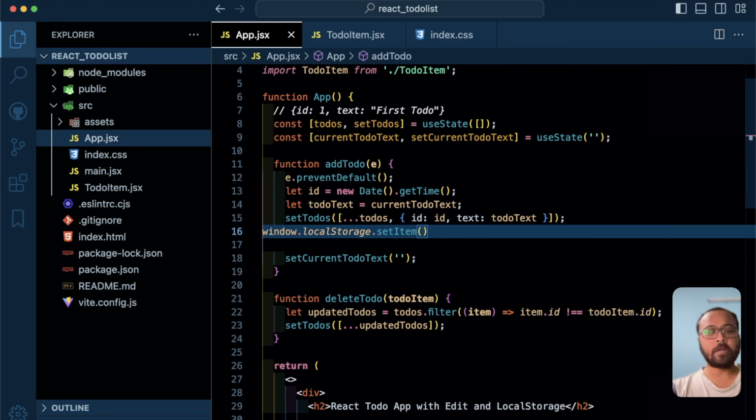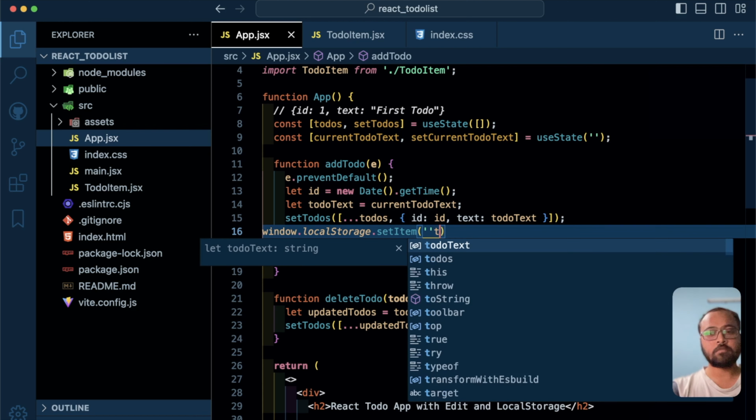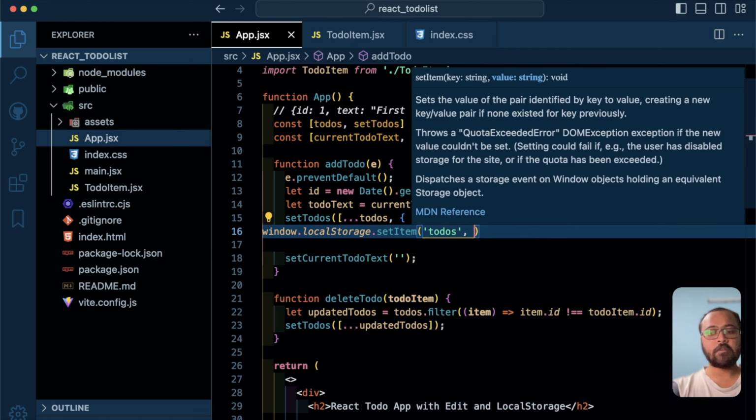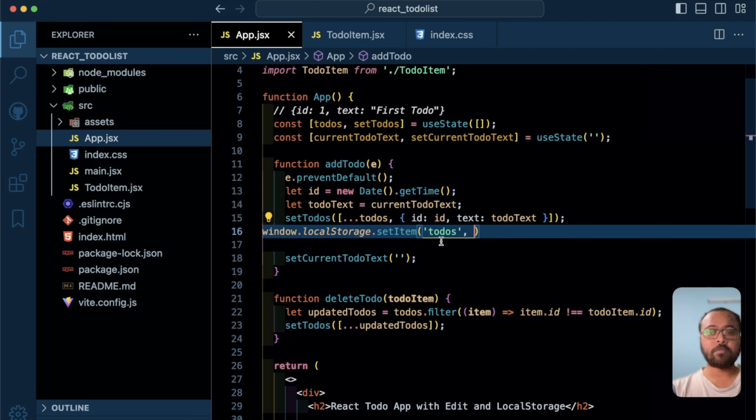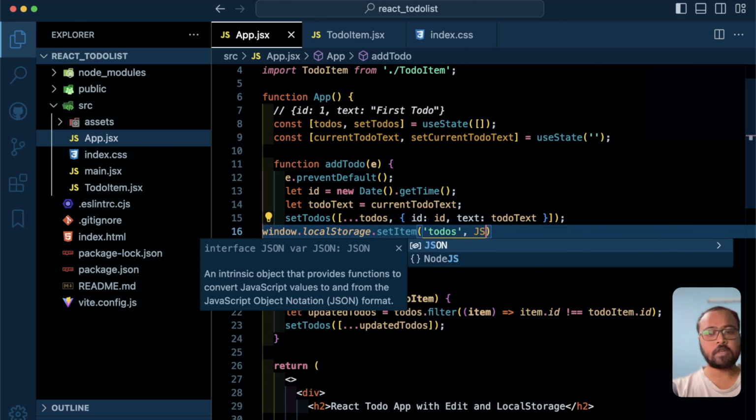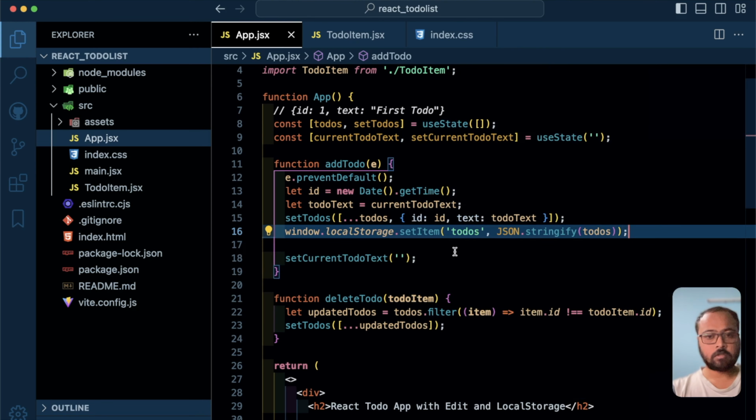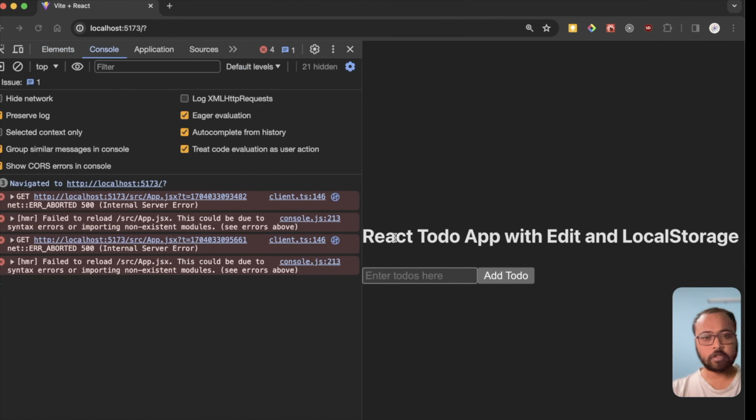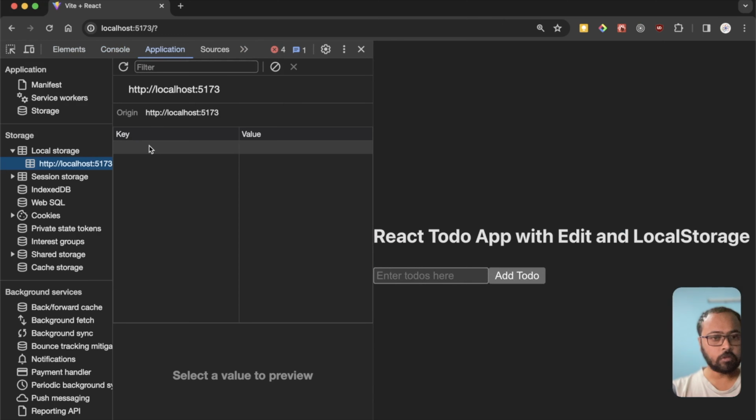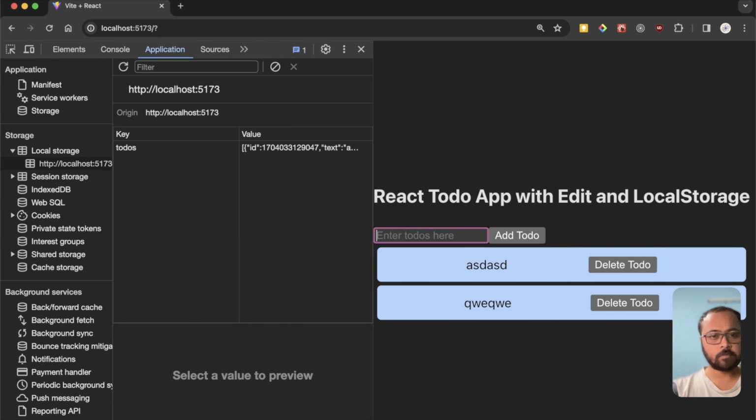So it takes two parameters. First is the key. So we'll give the key name as to-dos, and second will be this to-dos. And before storing, we have to convert it into JSON using JSON.stringify. So let's do that. Okay, so we have set that to-dos here. Now let me open the local storage as well. Now if we try to add some to-dos here,